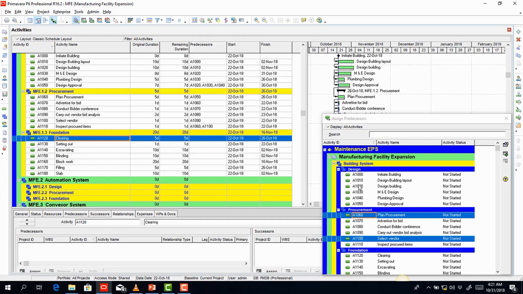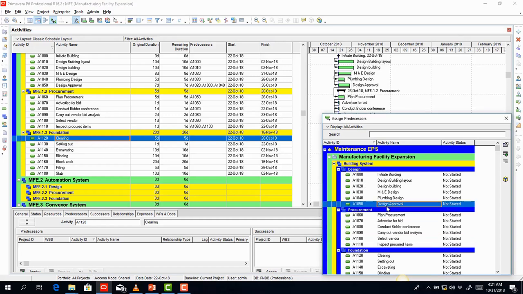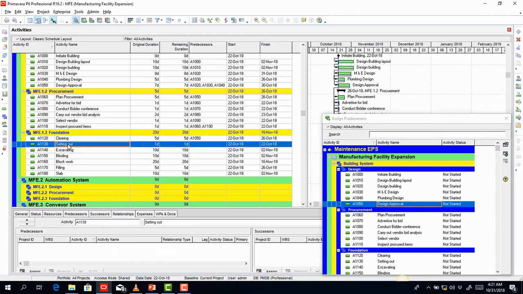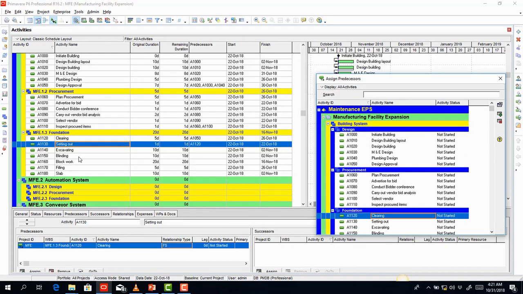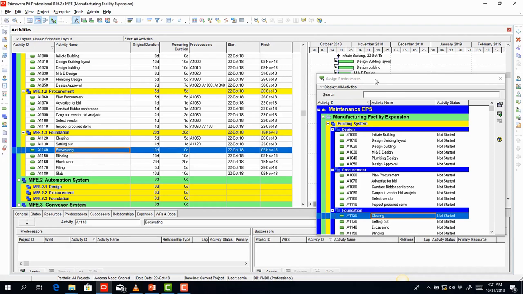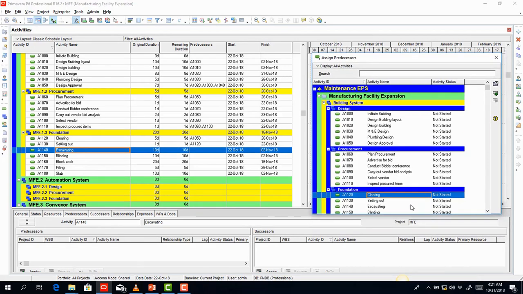So I click on clearing, and then I go to design approval, and then I click on assign. So this is a finish to start relationship. Then setting out, of course, after we've done the clearing, so I click on set out, and then under the assign predecessors window, I select clearing, and then I click on assign. Then excavating will be dependent on, of course, after we've set out. So I select excavating in my timeline, then select set out in my assign predecessors window, and then I click